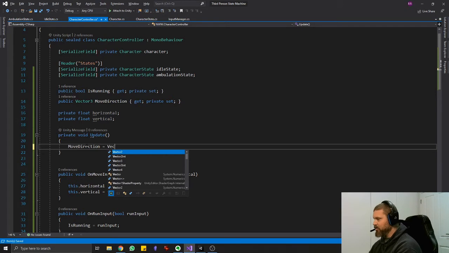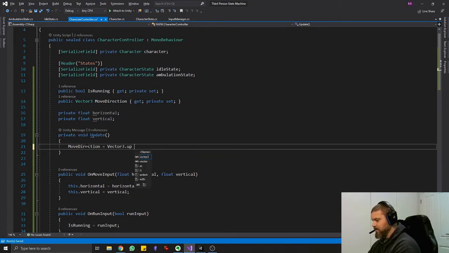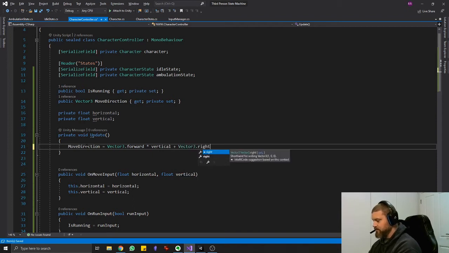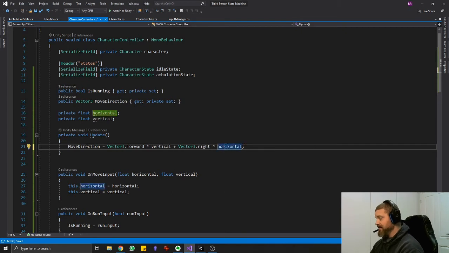equal to the global up multiplied by vertical. No, let's see, global forward multiplied by vertical, plus the global right multiplied by horizontal. Now these vertical and horizontal have been updated both when the input key is pressed and when it's released. Now what I want to do is rotate that move direction to be in the direction that the